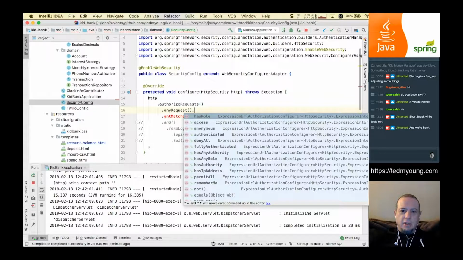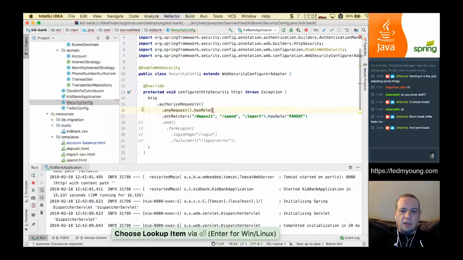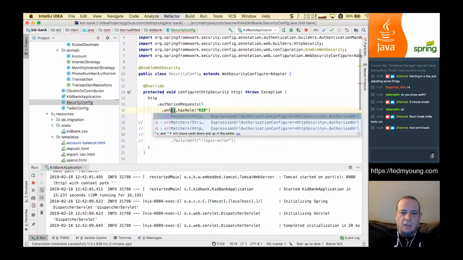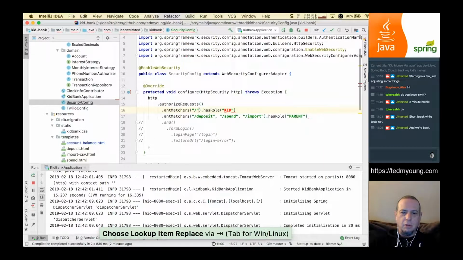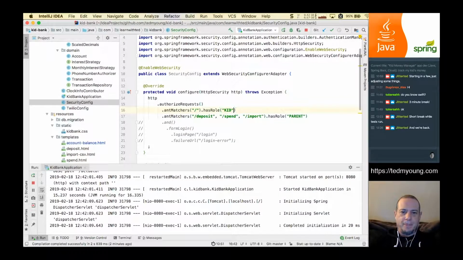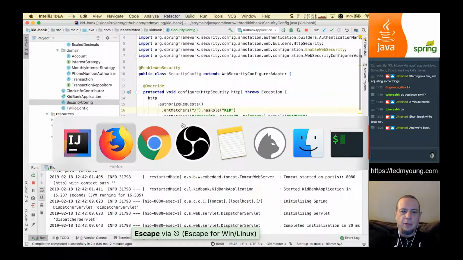What do we actually want here? We want any request to at least have a role of kid. Well, let's not do any request, but let's do an ant matcher for root has role kid. Can I do multiple roles? Because what I want